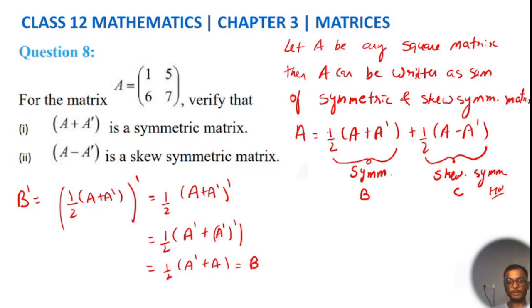तो इधर अपने ने बताया कि कोई भी मैट्रिक्स को अपने सिमेट्रिक प्लस स्क्यू सिमेट्रिक मैट्रिक्स के फॉर्म में लिख सकते हैं। ये वेरी इंपॉर्टेंट प्रॉपर्टी है फॉर योर एग्जाम। आपको क्वेश्चन दिया जाएगा, आपको कोई मैट्रिक्स देंगे, आपको बोलेंगे कि उसको सम ऑफ सिमेट्रिक एंड स्क्यू सिमेट्रिक के फॉर्म में लिख के बताइए। तो आप कैसे लिखेंगे, आपको जो A मैट्रिक्स दिया होगा तो आप (A प्लस A ट्रांसपोज) बाई 2 फाइंड करेंगे, वो आपका सिमेट्रिक पार्ट होगा, और (A माइनस A ट्रांसपोज) बाई 2 फाइंड करेंगे, वो आपका स्क्यू सिमेट्रिक पार्ट होगा, राइट। तो ये हो गया थोड़ा रिकैप ये वीडियो के पहले।